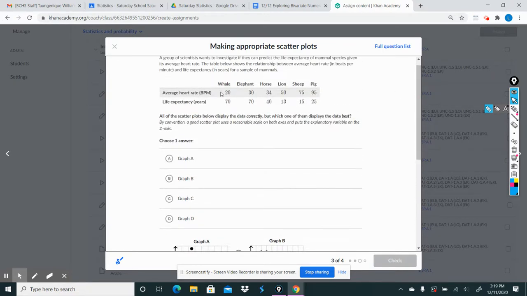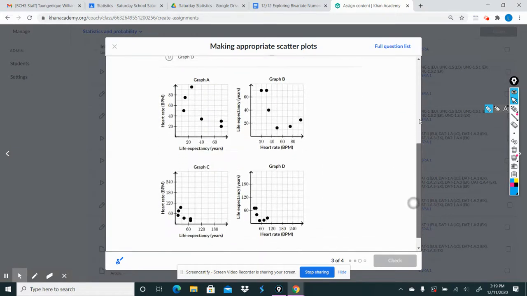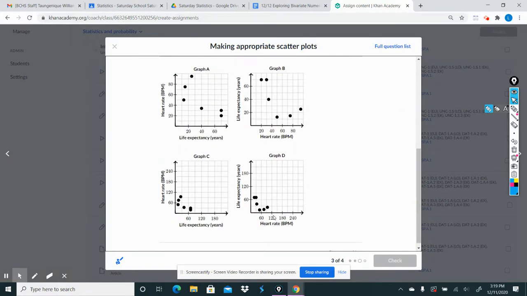Our average heart rate is between 20 and 95. So our scale for our x-axis should somewhere be between 0 and 100. Anything more than 100 would be unnecessary. So if you notice here on graph D, 120 and above would be unnecessary values because there would be nothing to fill in there. So the best graph here, given the expected life expectancy in years, given the heart rate,